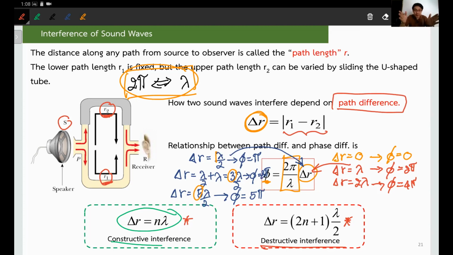Every one wavelength is equivalent to a phase rotation of 2 pi. If you want half the wavelength, the rotation will be just half of 2 pi, which is pi. And then you can always add extra cycles to any case that you want. Is that reasonable? I hope. All right, so if you get this one,